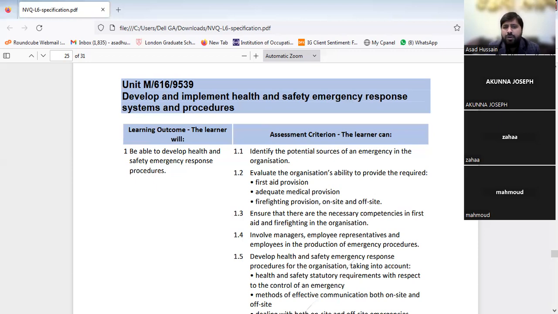With respect to your workplace, you have to explain what kinds of emergencies are likely in your organization. For example, you can say you are having an emergency in the form of fire, or in the form of hazardous substance leakage, and anything like that we call an emergency. So what type of emergencies you are facing in your workplace, you have to explain in this assessment criterion. For this purpose, what you can produce as evidence,